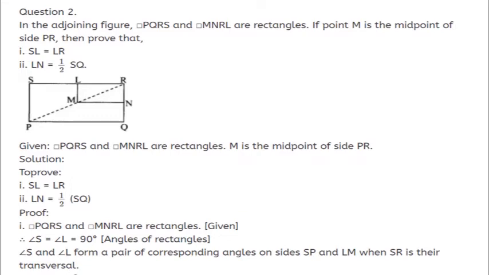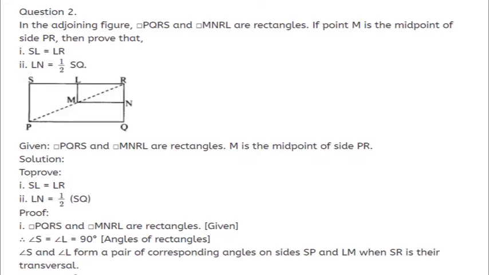Now, what is given and what is to be proved, everything has to be written. Given: quadrilateral PQRS and quadrilateral MNRL are rectangles. M is the midpoint of side PR. To prove: SL is equal to LR and LN is equal to half of SQ. Now coming to the proof. Quadrilateral PQRS and quadrilateral MNRL are rectangles. It is given. Therefore, measure of angle S is equal to measure of angle L is equal to 90 degrees